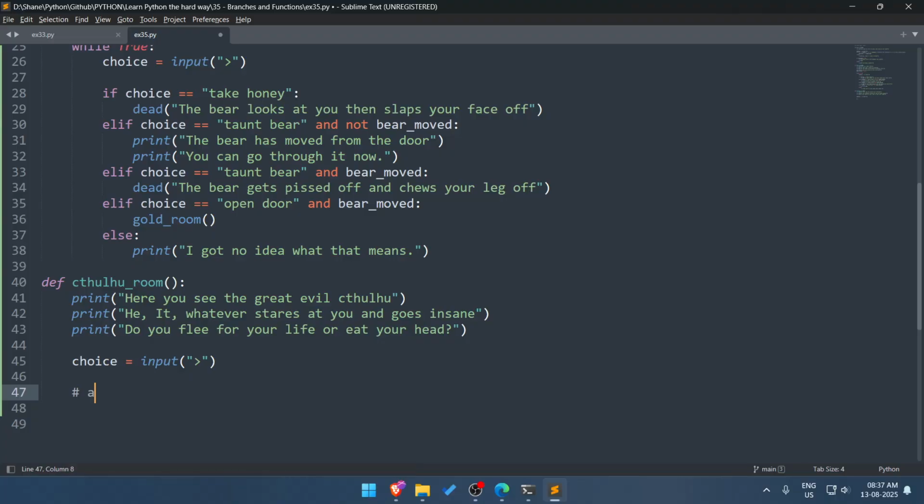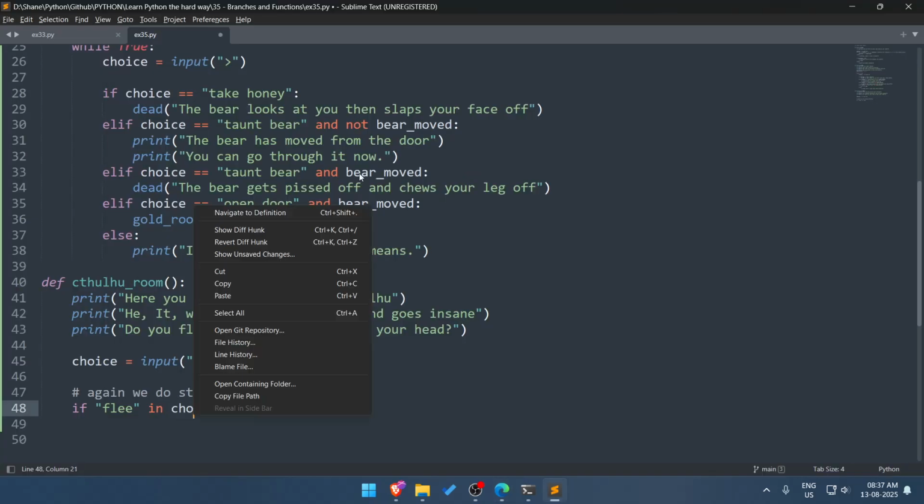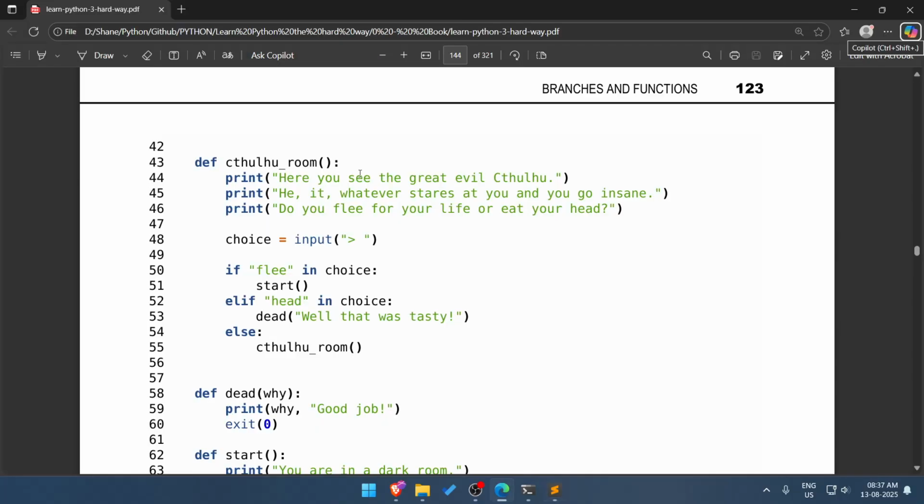Then again we do string matching. If flee in choice, we start.